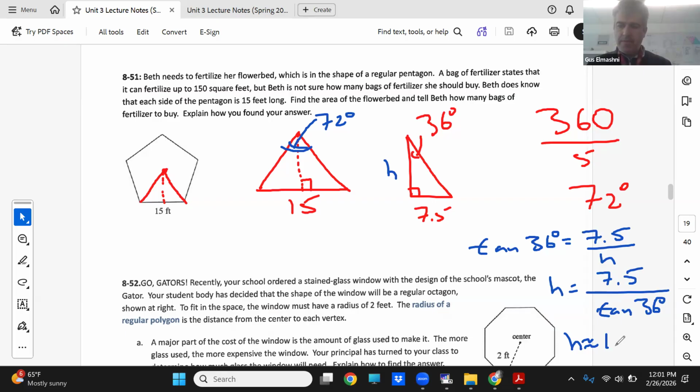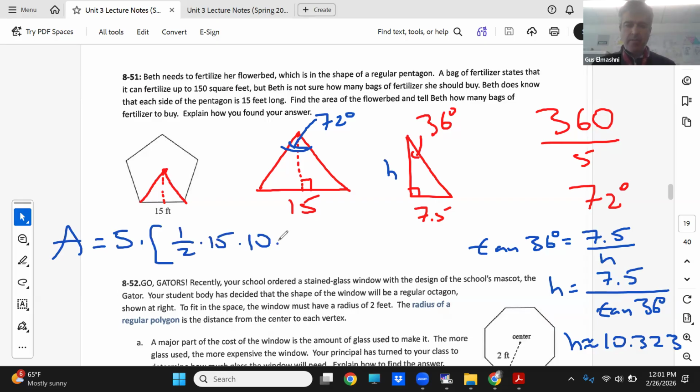$10.323. And then area, we'll do 5 times bracket 1/2 times 15 times 10.323. And you should get